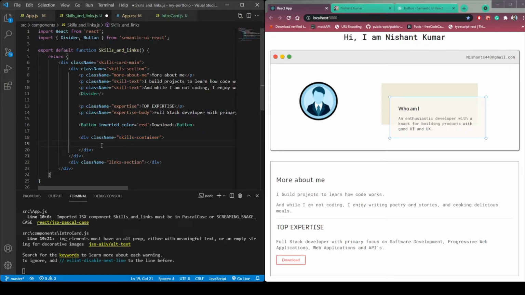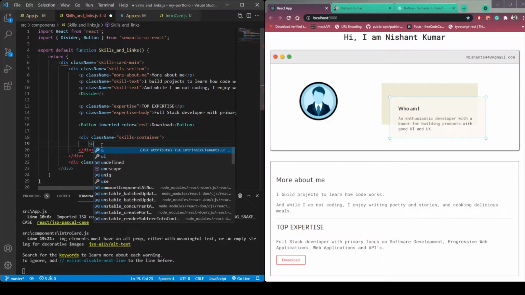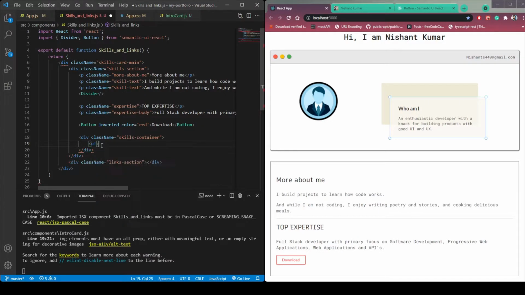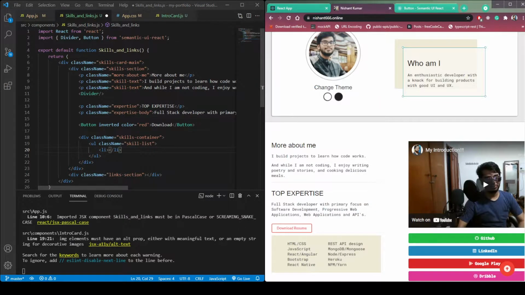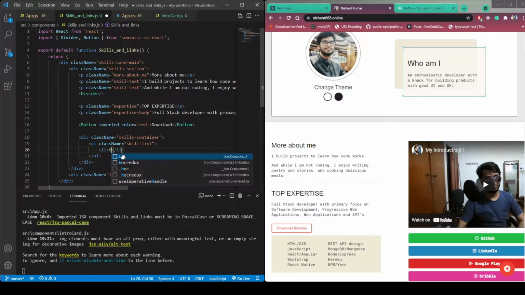Now let's add our skills. In this class name skills container div, make one UL tag and give this class name of skill list. Here create as many li tags as you want for your skills. So the first skill should be HTML, then CSS.